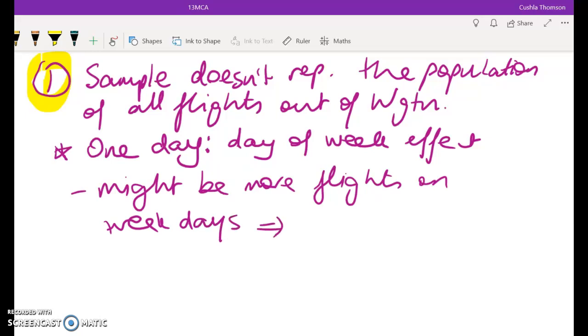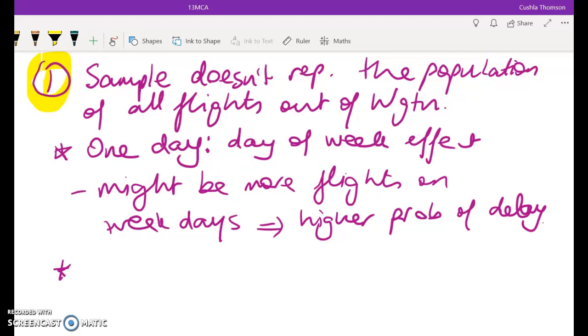So that would increase the probability of there being a delay. What's another thing that could happen? Well, the most obvious thing is that airport delays depend on the weather. So we don't know